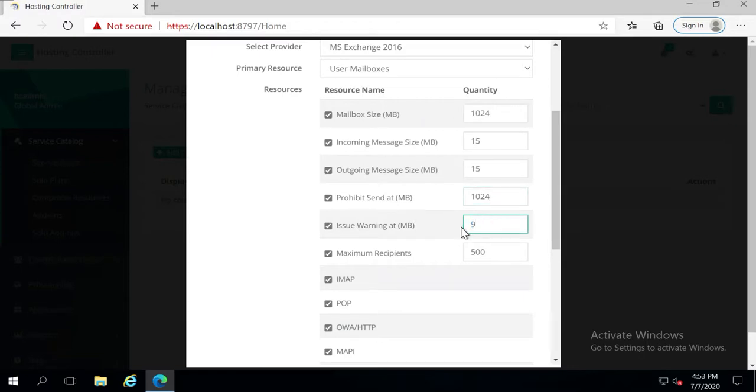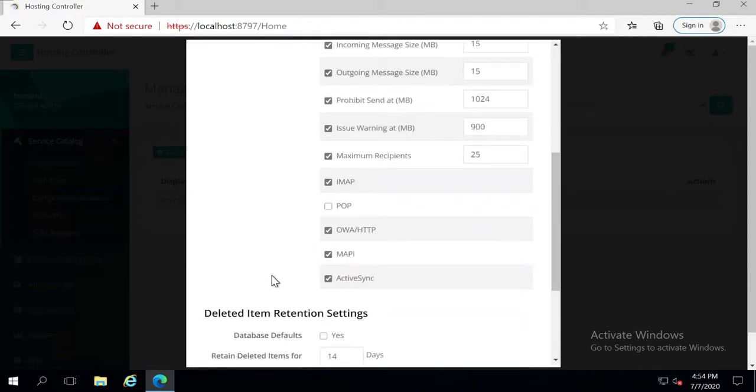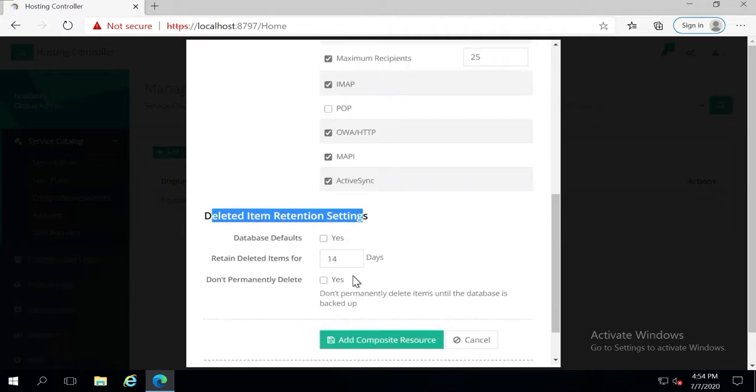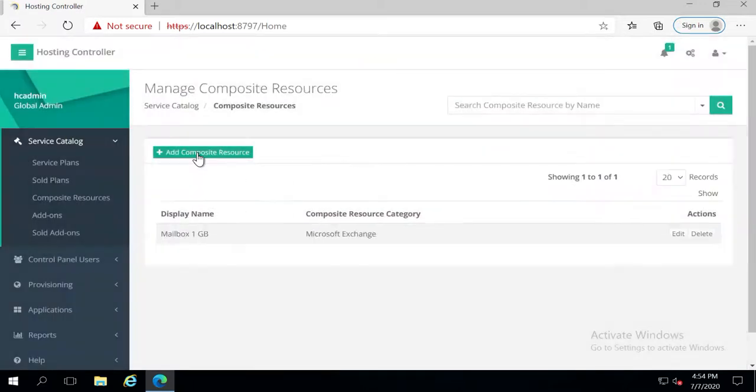Warning size, let's say 900, maximum recipient 25. Which protocol do you want to enable? Let's say we disable this one. Delete item retention settings: do you want the default one that is set on the mailbox, or the control panel gives you the ability to override the default policy, and you can set any custom value as per your requirement. Let's say I will override, I will say 5 days to retain deleted items, and click add composite resource. You can create another one, let's say